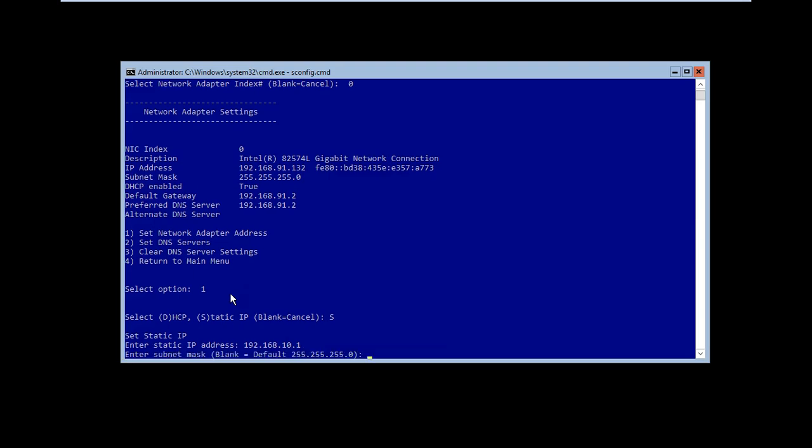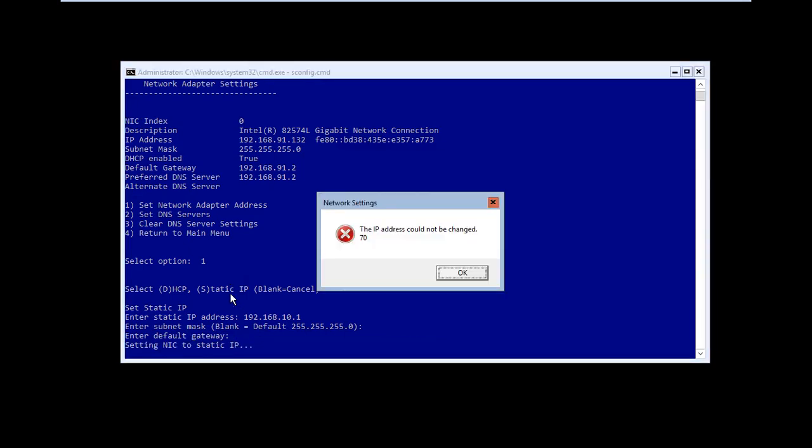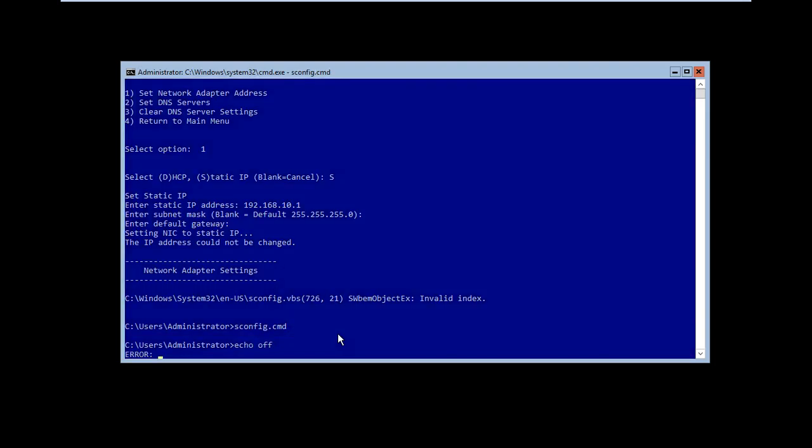Do you want the default subnet mask? Yes, default subnet mask is okay. Default gateway, I don't need a default gateway. Why can't the IP address be changed? Invalid index. Okay, sconfig.cmd.